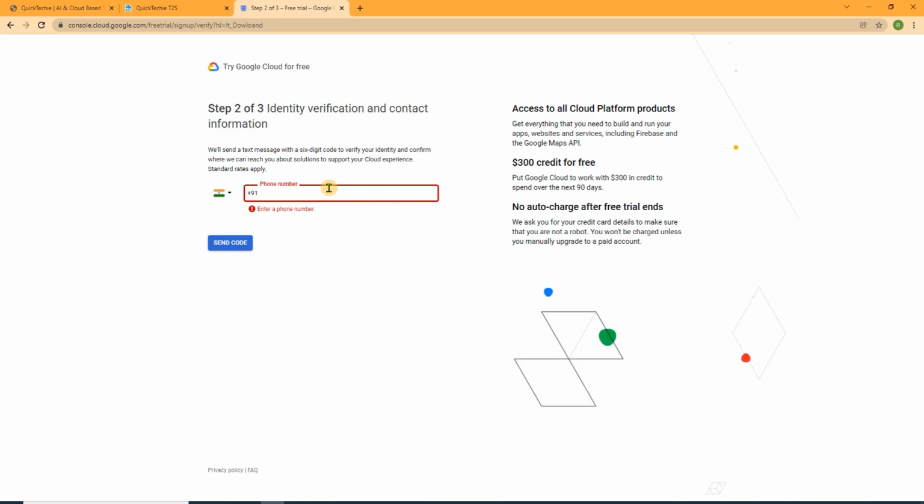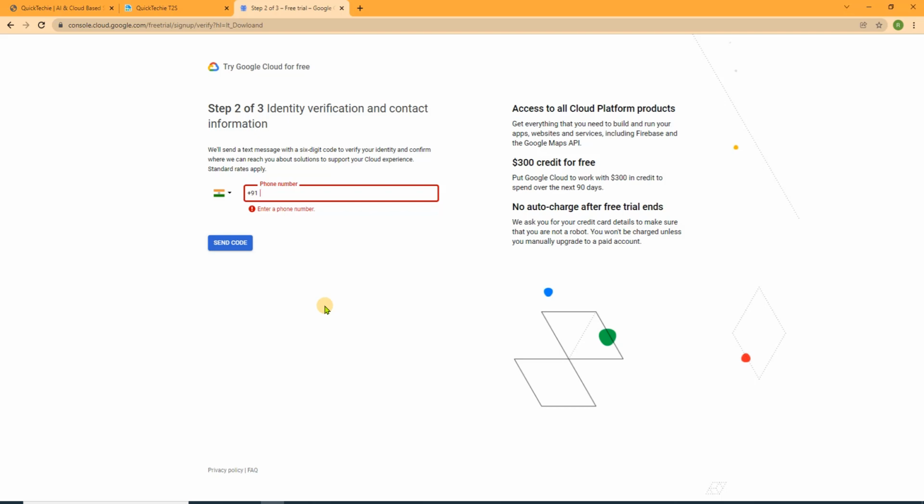You need to put your mobile number, and then this would send an OTP to that mobile number, and then you also need to put your credit card. However, they would not charge, they just do basic authentication. It's a very renowned company, and we have not seen any fraudulent activity from Google at any time in the last 15 years we have been using their services, so this is a good company to work with, to use their software and everything, correct?